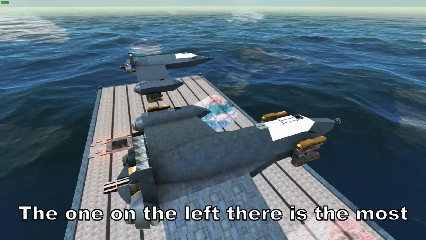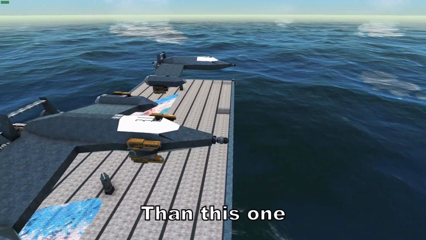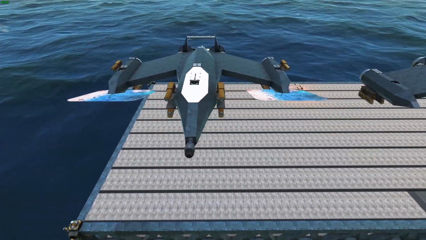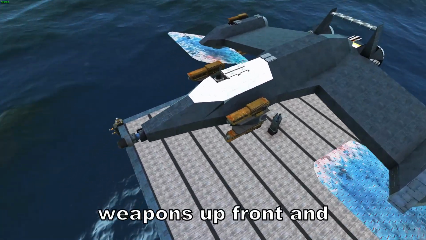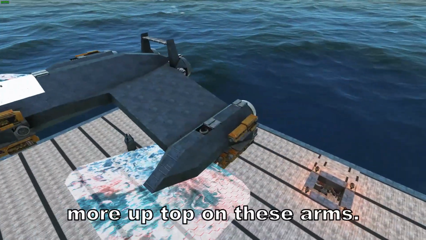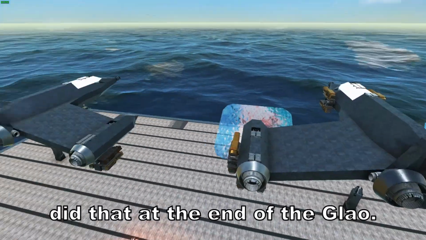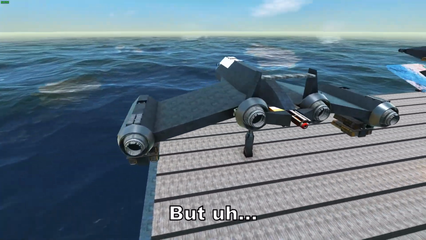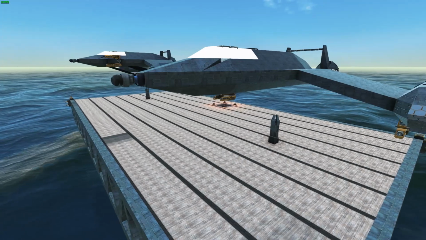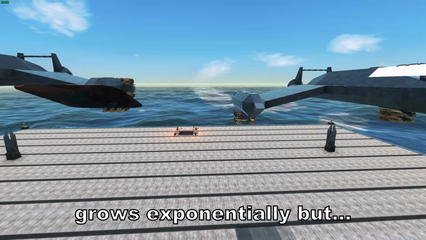The one on the left there is the most simple version. Used to run 7500. And this one, well, it can be more equipped than this, but you get the idea. Have more shields and weapons up front, and actually, could have weapons below and more up top on these arms, but I think I only did that at the end of the Glau. But they're pretty good. They work better in groups. Their power kind of grows exponentially, but